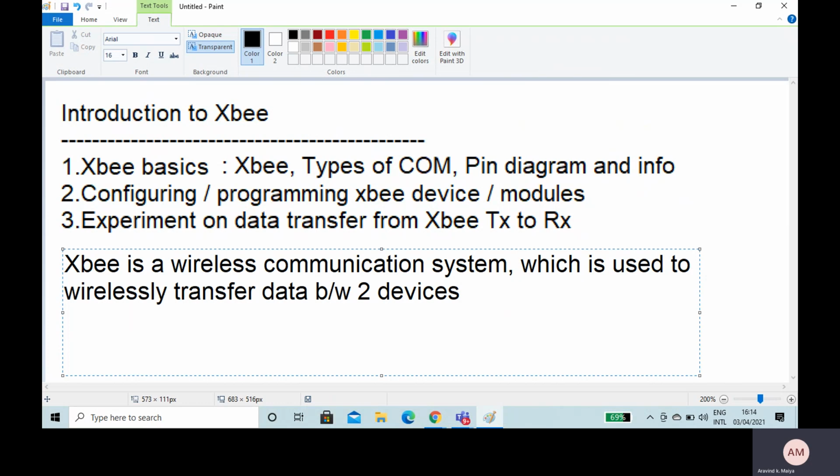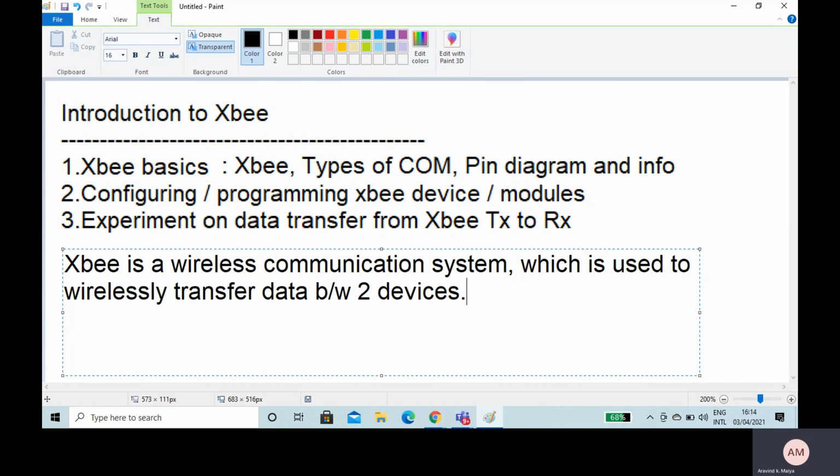So you can wirelessly transfer the data. As you know, there are different types of wireless protocols such as Wi-Fi, Bluetooth, and Bluetooth low energy. XP is fundamentally a wireless communication protocol, a wireless communication system which can be used to wirelessly transfer data between two devices.